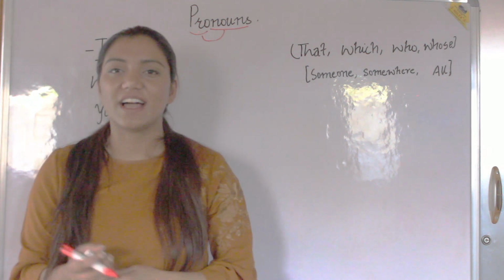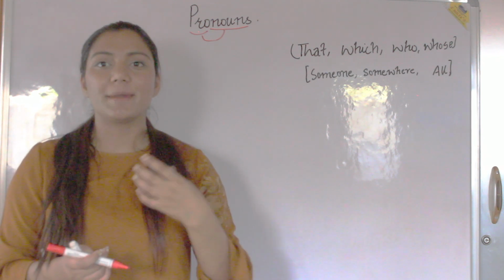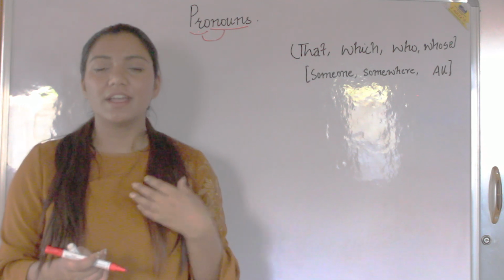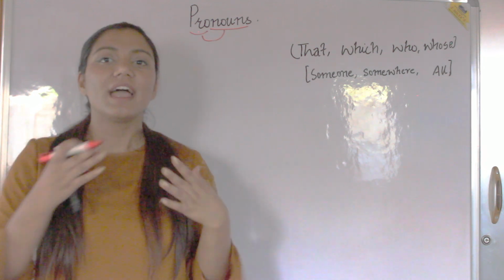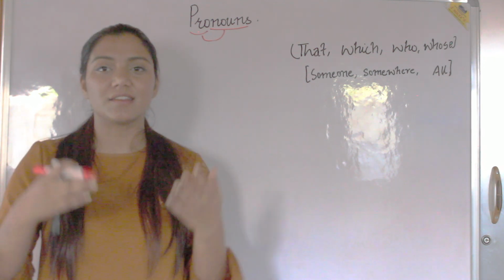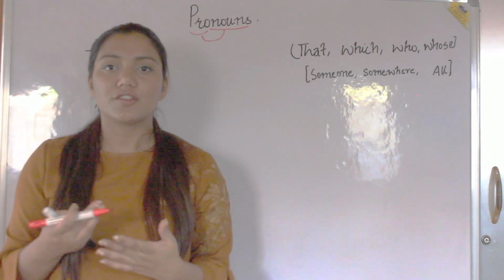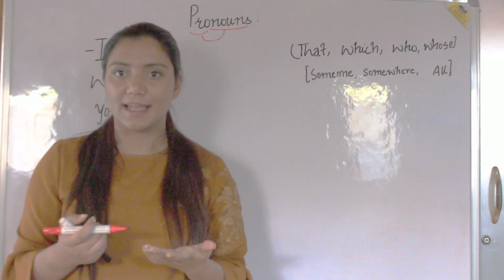For example, if I say my name is Ziza, I am an engineer. So I here becomes my pronoun, because actually how I should have said that would have been my name is Ziza. Ziza is an engineer, right? But that doesn't make any sense. So I use a pronoun instead of using my name again and again.